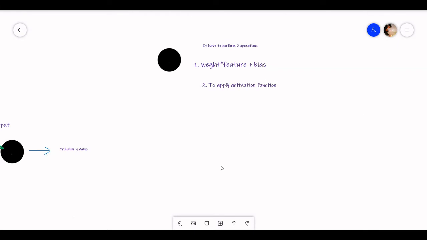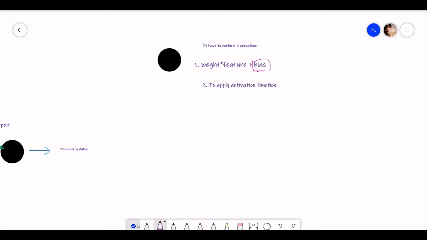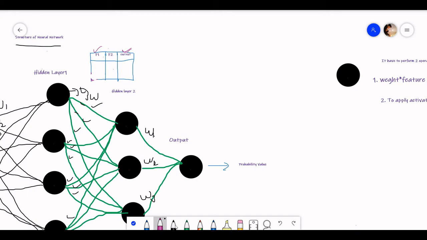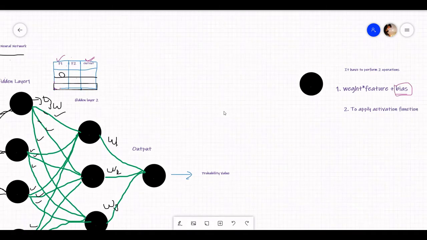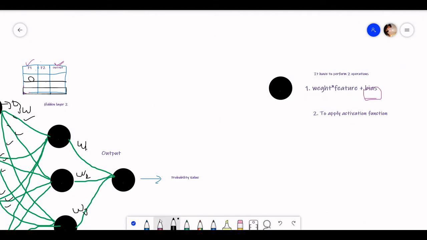Now the question can arise: why do we add this bias? Suppose in this column, anywhere, we can have a value 0.